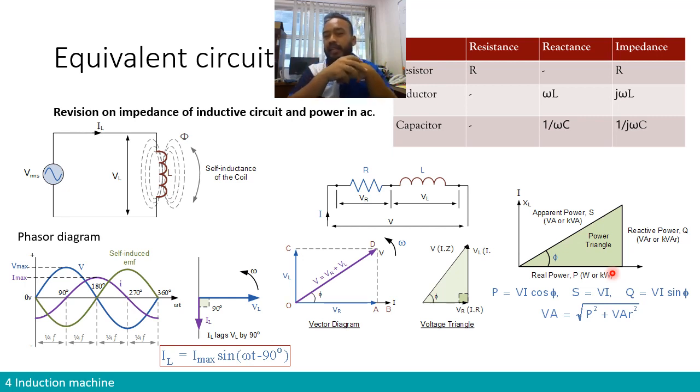The real power will produce the mechanical output, right? So either heat or mechanical output is the real power. The reactive power is basically the magnetizing power, and apparent power is the power that is absorbed by the input. So if the circuit is very reactive, and the magnetizing power Q is too much, then we will need a lot of energy in input in order to produce a certain real power. So usually the real power P is much higher in comparison to the magnetizing power